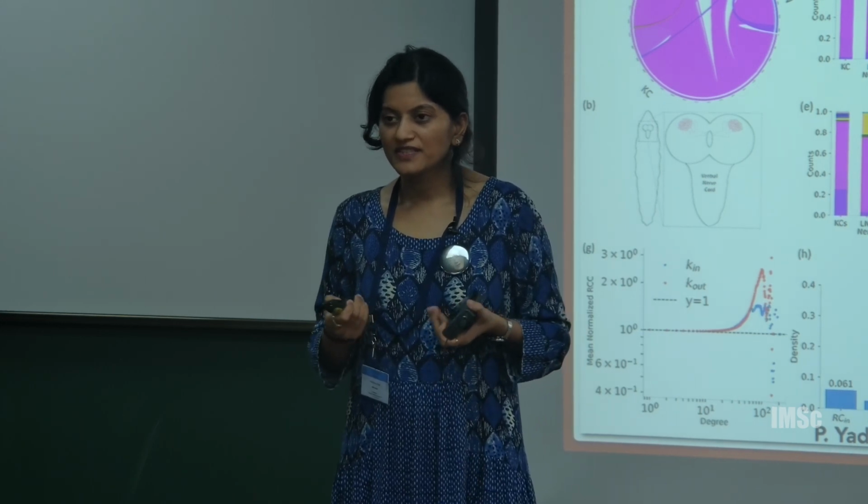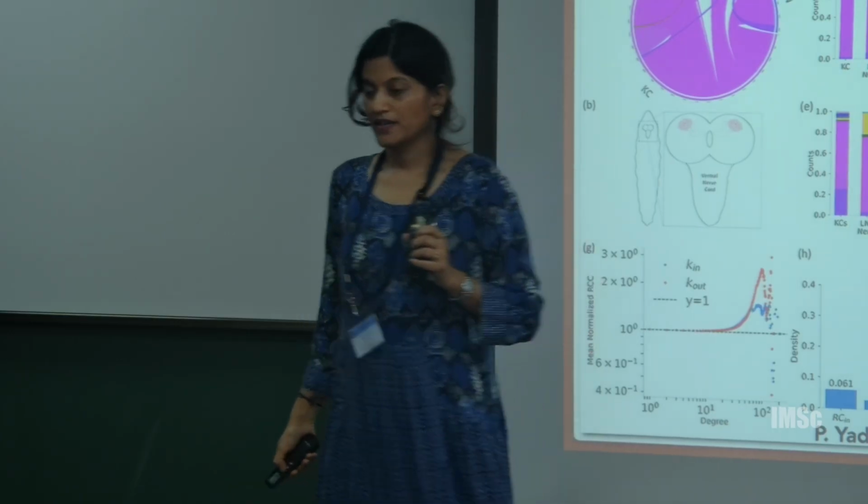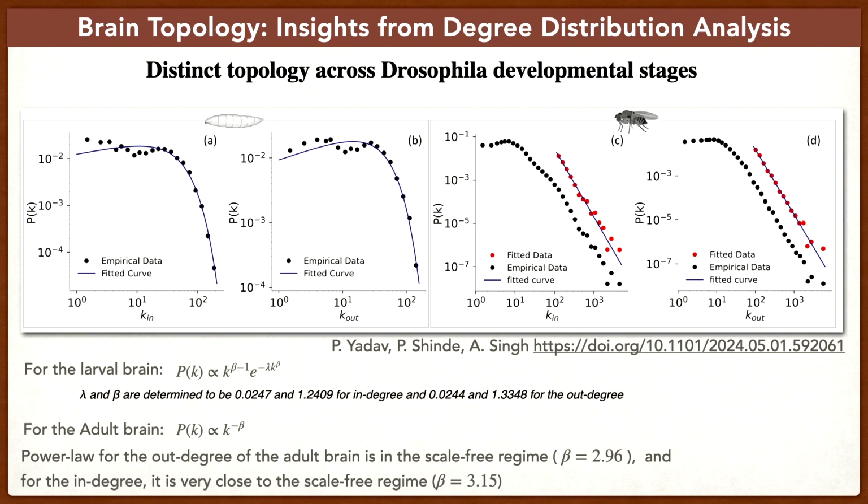This is one of the explanations that was given in that paper itself, but we had also found that the rich lobe is not present in the adult brain core. And next, as I had discussed, we can study the degree distribution to tell what the topology is. So we had also studied the degree distribution, and we see that they could be the same, but here it's not the same. So here we see in case of the larval,